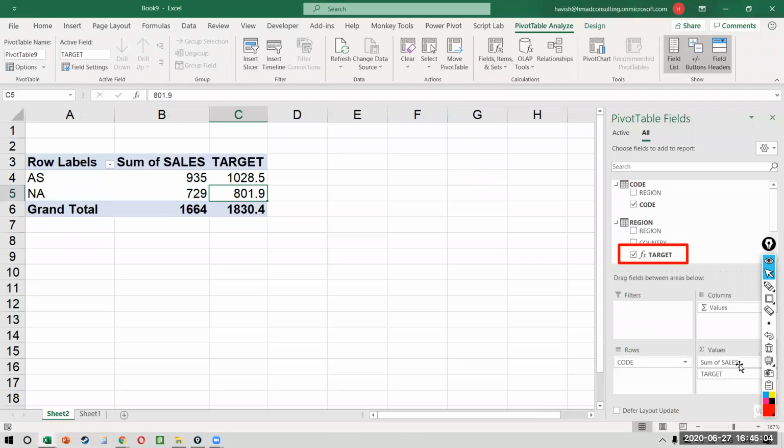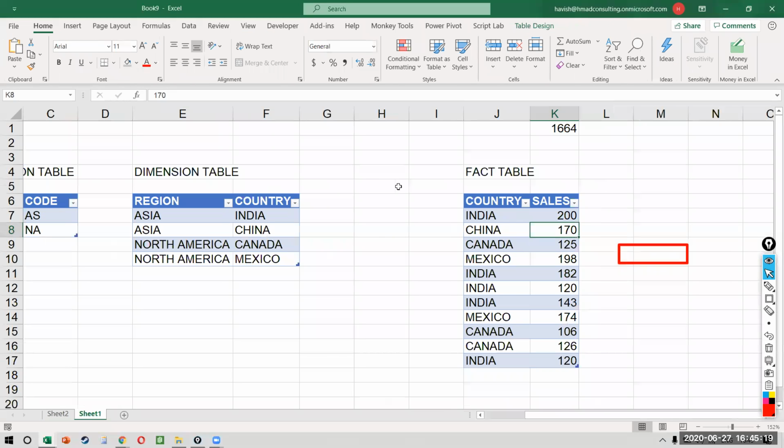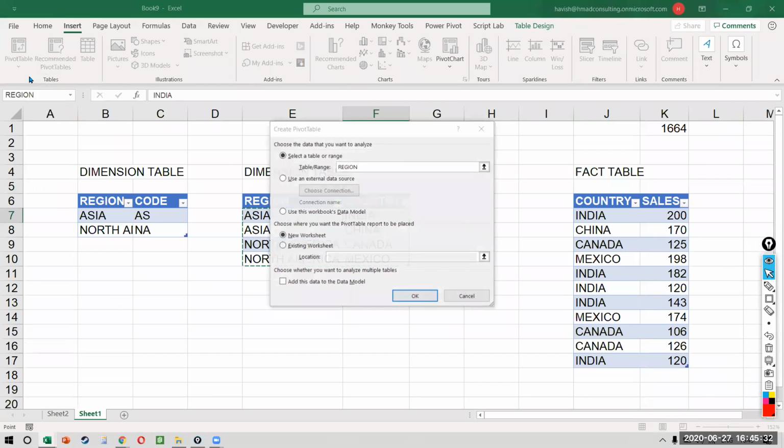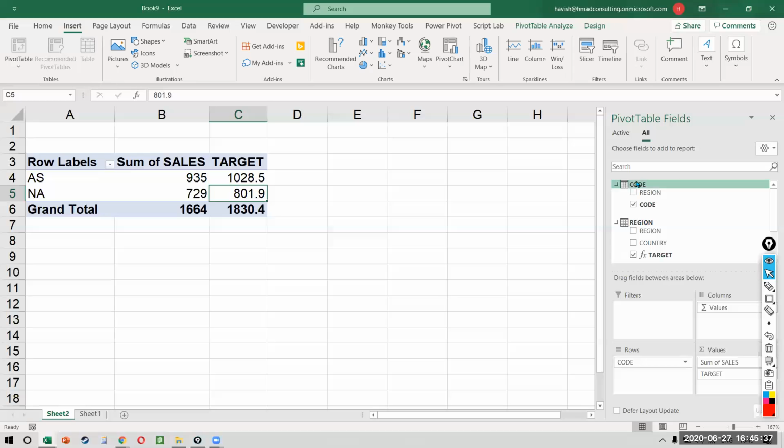Anything else, anyone? Can I show the working again? Aisha, could you just tell me which part would you like me to show you again? All I did was, okay, fine, I'll give you a recap to everyone. Three tables. The first one is called region. The second one is called sales. So when we made a pivot table, we made sure that when we click on insert and pivot table, we selected the option called add this data to the data model. Once we did that, notice that both the tables have come, region and sales.